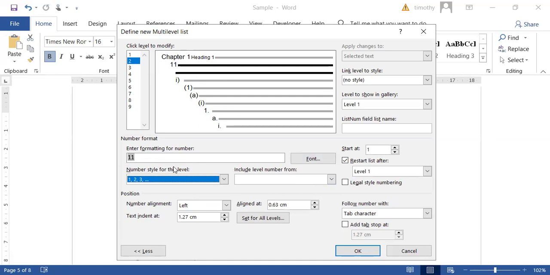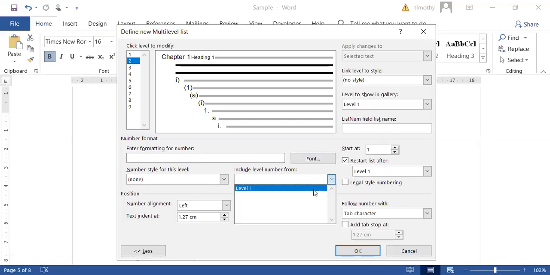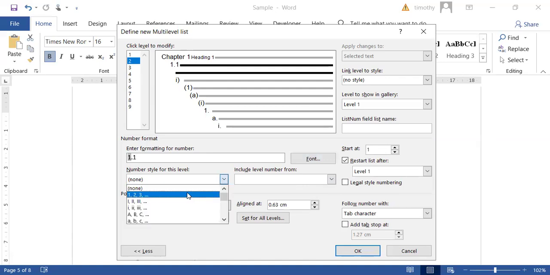Now, let me first remove this. If I come here and choose level 1, remember, we want this to be 1 point. So now this first one represents chapter 1. So we shall have to put 1.1. Make sure this is 1. It's 1.1. And that is what we expect it to be. So 1.1, then followed by the name of the heading. Now you see here,